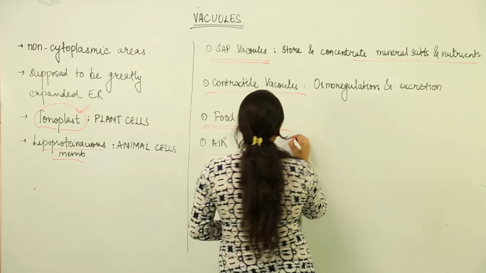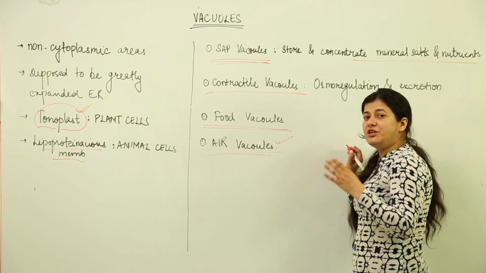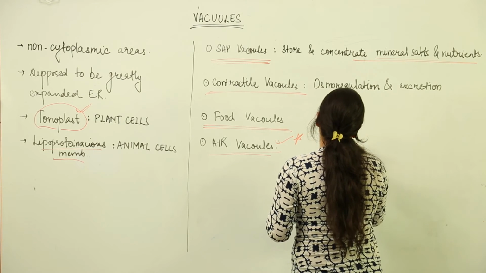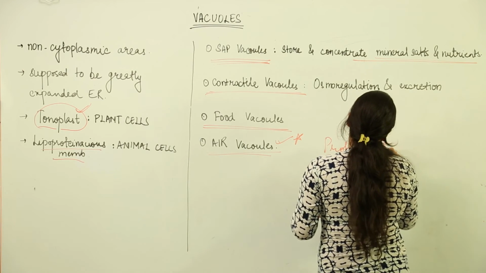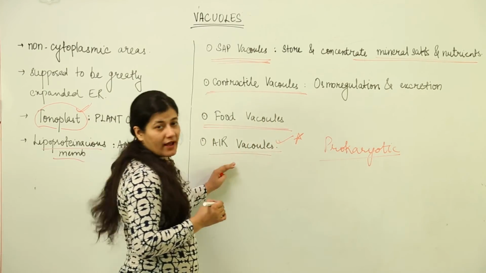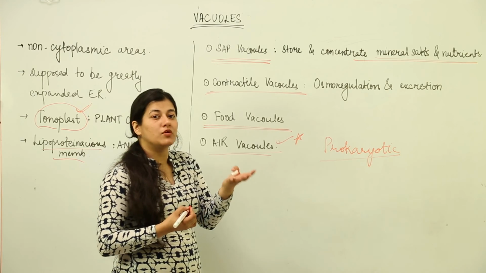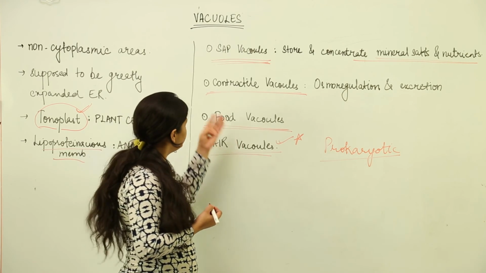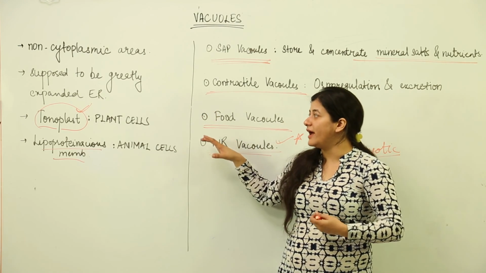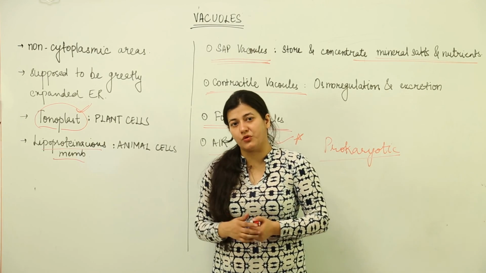Over here you have to remember that these vacuoles, also known as gas vacuoles, would be present inside prokaryotic cells only. So air vacuoles are present in prokaryotic cells like blue-green algae and purple sulfur bacteria. These air vacuoles are nothing but gas vesicles which are present inside the cell and which provide buoyancy to the particular cell. So this is all about understanding of the vacuole. What is the membrane, how is it formed, and what are its various functions, what are its various forms found in different types of cells, whether prokaryotic or eukaryotic.